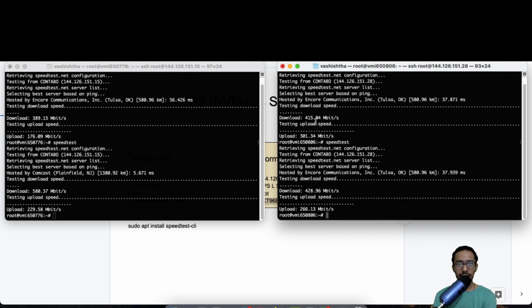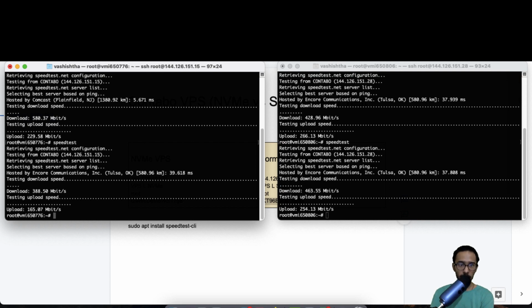But in the second test we found out that the download speed is much higher. It's 580 megabytes per second, and the normal VPS is just 428 megabytes per second. So this is just the network test of NVMe versus normal SSD VPS.